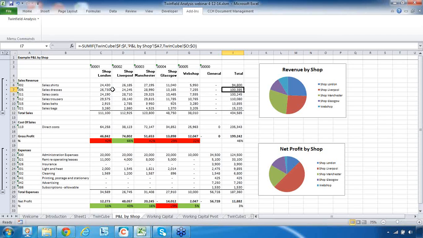What I have got next is a slightly more complicated version of the SUMIF formula. And that is because against each shop,